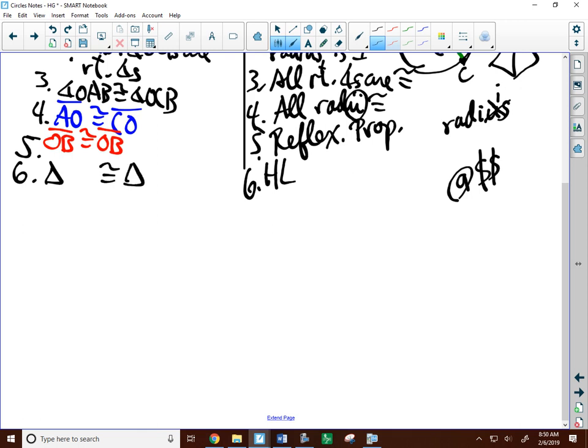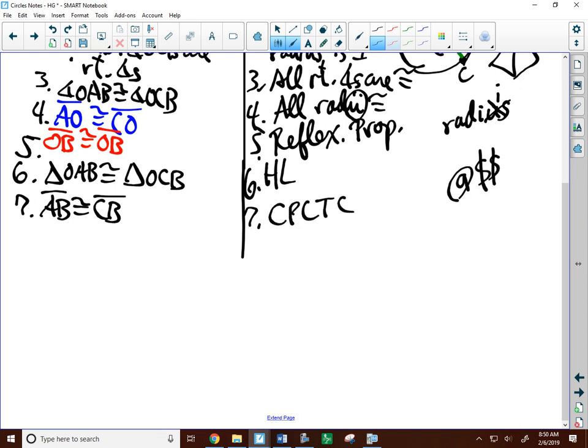So the triangle OAB is congruent to triangle OCD. The goal was to show the sides are congruent, AB and CB. And so now I'll say AB is congruent to CB because